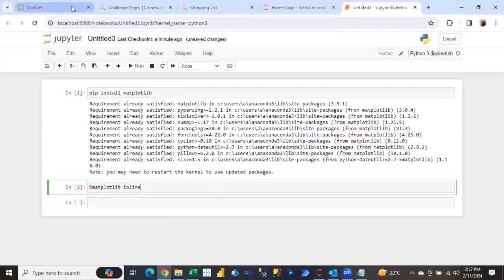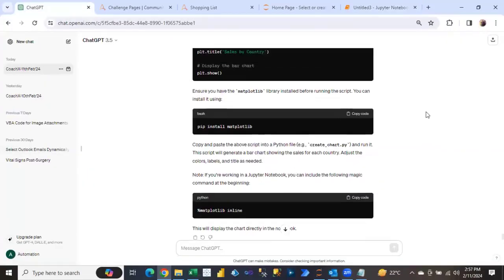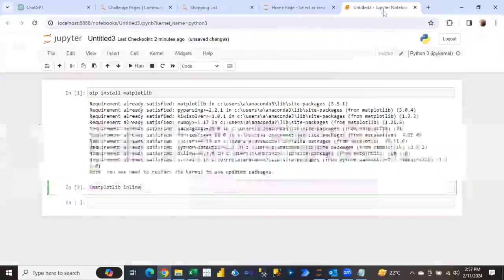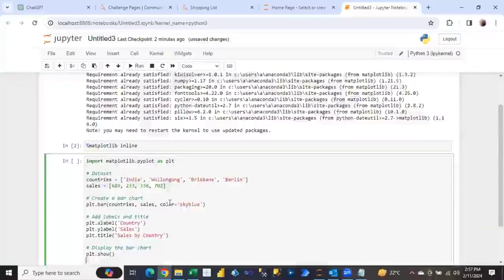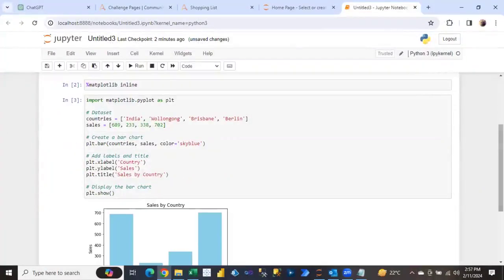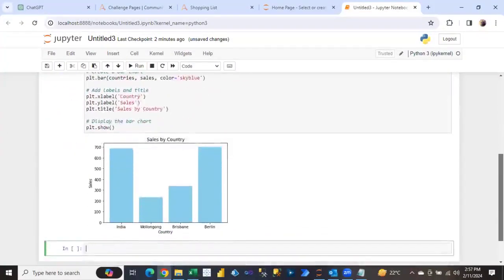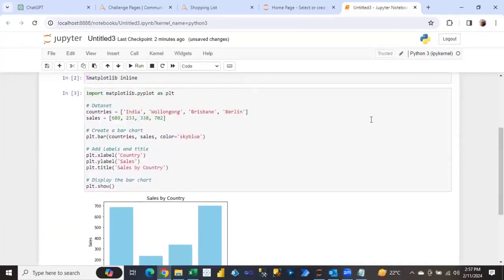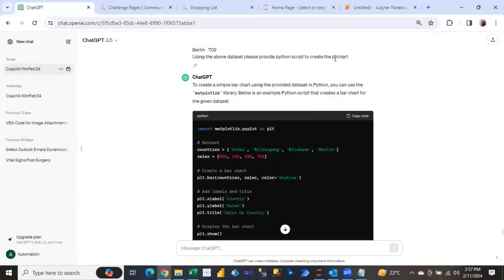Okay, now after that I will just go above, and here I'm gonna copy this code, paste it here, and run this. This is a bar chart, right? You can see. Okay, I just need to go for the pie chart. So I said pie, I have written this one. Okay, so I said